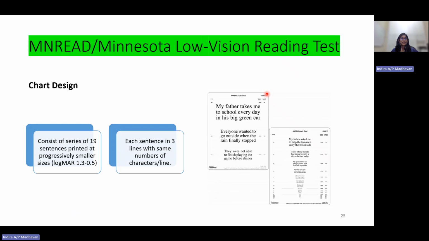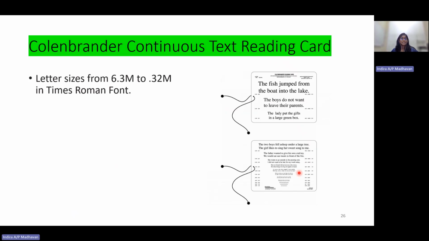Next is the Read or Minnesota Low Vision Reading chart. This is also a meaningful sentences chart. It consists of 19 sentences printed at progressively smaller sizes. It starts from 1.3 logMAR up to 0.5 logMAR. Each sentence has 3 lines with the same number of characters per line. So this is also another chart that is commonly used in the low vision clinic. And the most